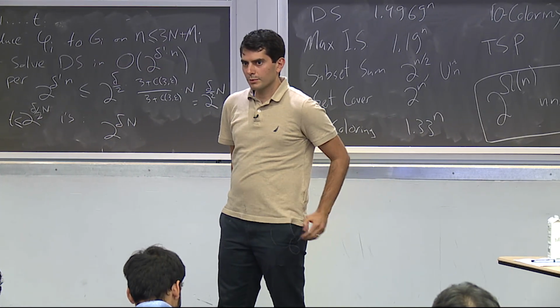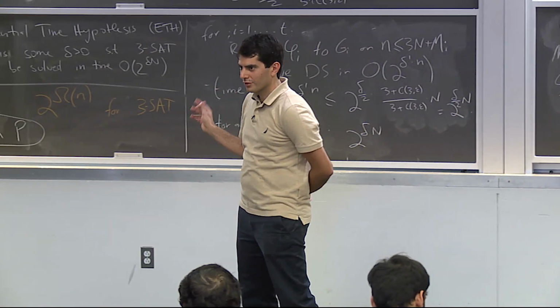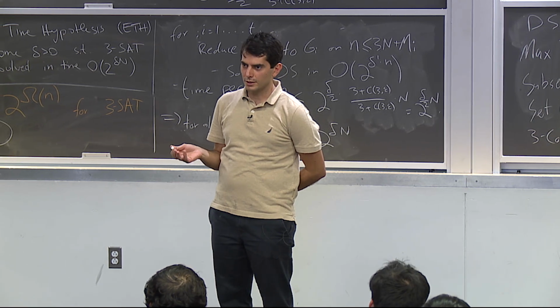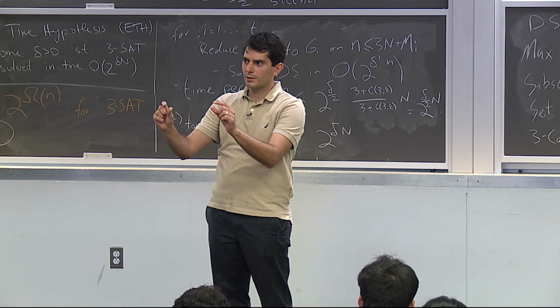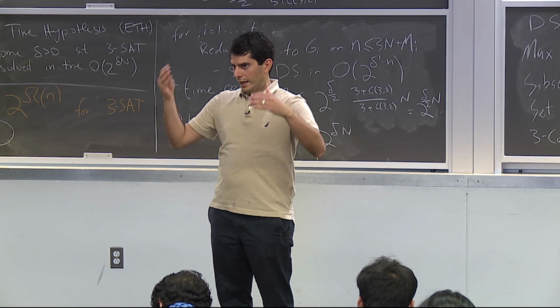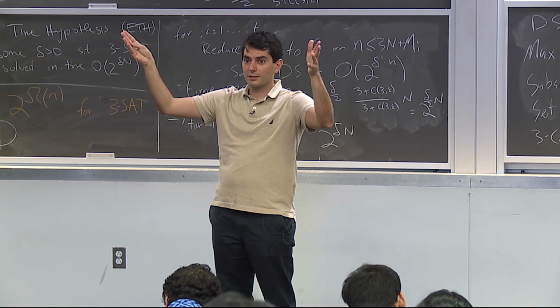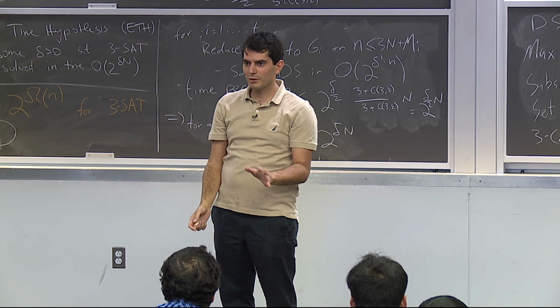Okay, so let's take a short break, and then we'll talk about the SETH to OV reduction, which is probably the most important reduction for P, because OV is then our intermediate problem. We reduce it to lots of problems in P. And this reduction from SETH to OV is like the magic, where we go from an exponential lower bound to a quadratic lower bound. Yeah, I'm sure many of you have seen it, but